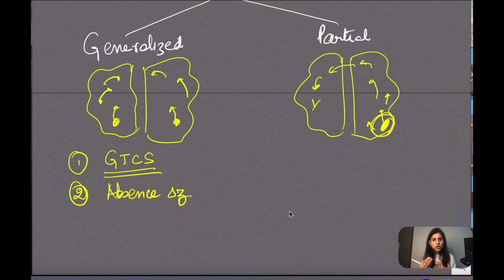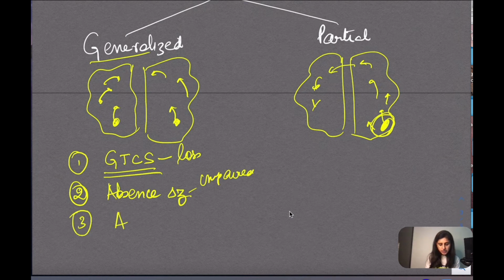It is not actually loss of consciousness, but there is impairment of consciousness in this kind. In generalized seizures, there is usually loss or impairment, while in partial seizures there may not be any loss of consciousness. In generalized tonic-clonic seizure, there is loss of consciousness. In absence seizures, mostly we say it is impaired consciousness. It happens in children, and there can be many episodes in a day. Either the parents or the teacher will notice that the child, while working, just gets lost and doesn't know what happened to him. Then it comes to the knowledge of the parents. So these are absence seizures.